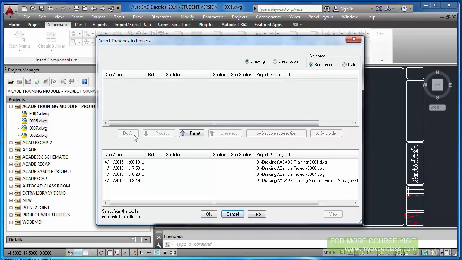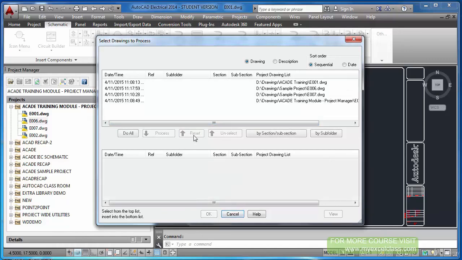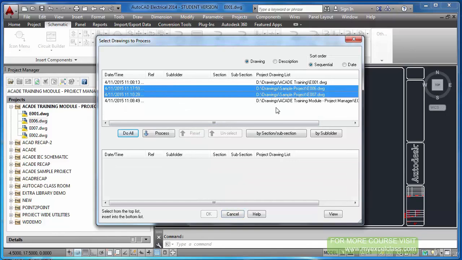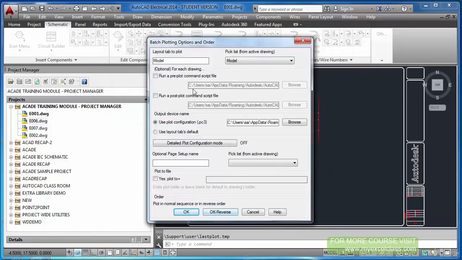If you want to select all, reset, and if you want to select only a few, you can select those by pressing the control button, process, okay. Here comes, I don't use paper space here, model, okay, model. If you want to run a script file, you can choose this option and browse to that script file.